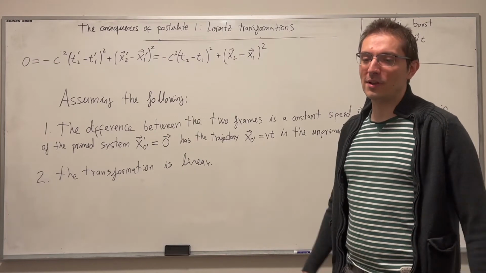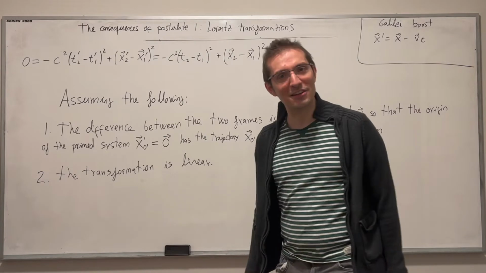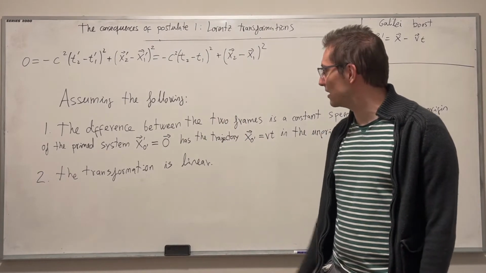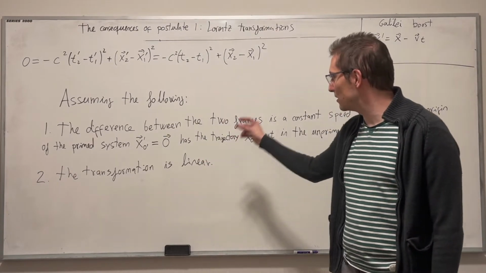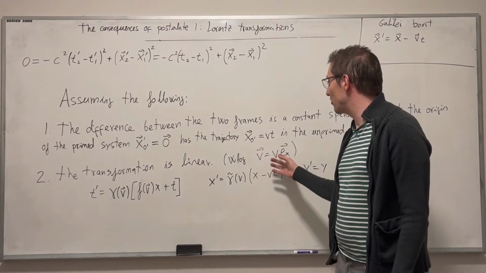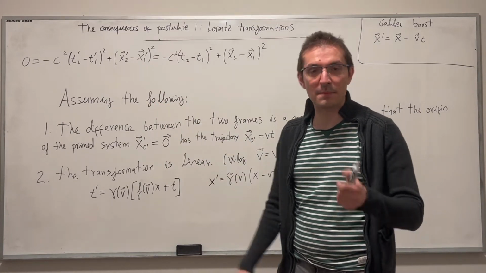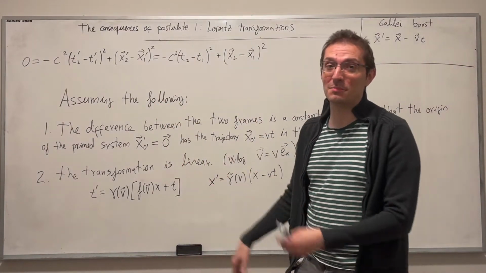Well, now we need to get our hands a little bit dirty and do some calculations. I'm gonna just lay it out, you finish it, okay? But let's see what the calculation would tell us. So assuming the transformation is linear is doing this. But of course, I simplified a tiny bit, which is that I assume without loss of generality that the speed goes in the direction of x. So I call my x direction the direction of the speed.